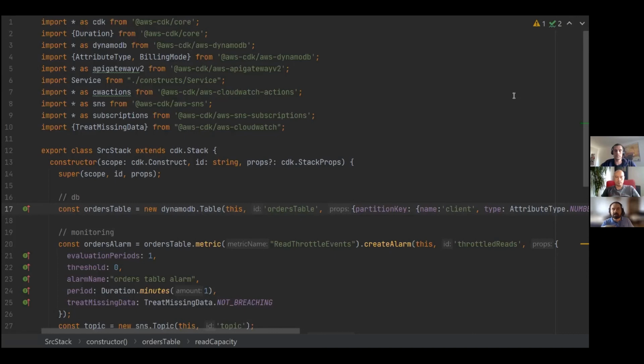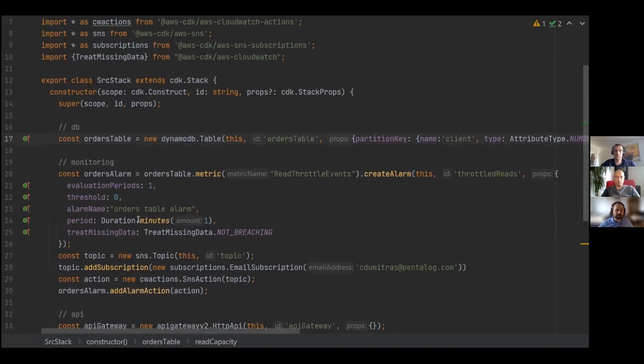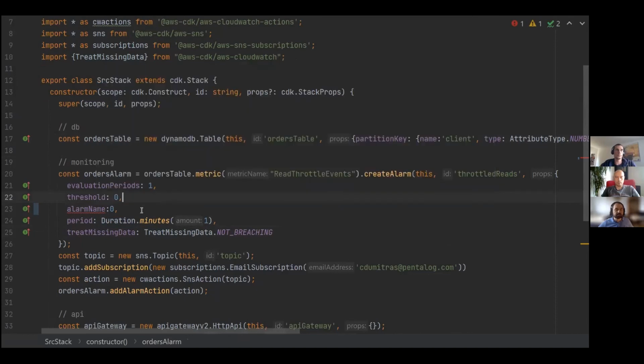JavaScript and TypeScript. I like TypeScript because with an editor, if I mess something up, if I forget anything, if I just, I don't know, let's put in here 0, an editor is going to say, oops, you've done something bad, right? You're supposed to bring a number here. You're not supposed to do a number. You're supposed to do a string.